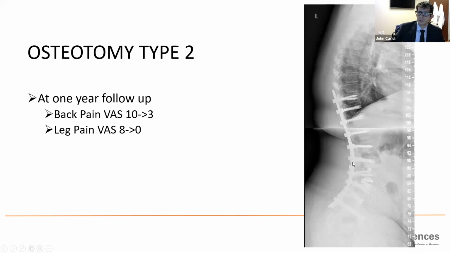We did more posterior column osteotomies through L3-4 because this was a pseudo. We basically were able to use that XLIF cage as a lever and bring her back. And she ultimately did very well. Gap score is not totally perfect, but much better than it was before. And we actually got away without doing a major 3-column osteotomy.